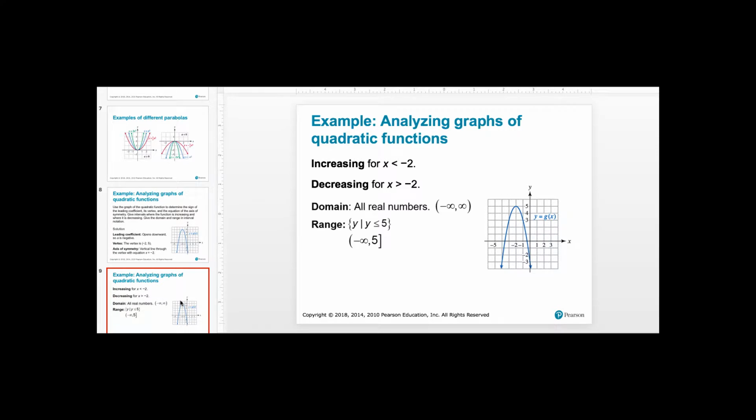I don't want you to necessarily get too caught up in increasing and decreasing because we didn't get into that really in chapter 2. But if you take note, increasing means that the slope between any 2 points that you're picking is positive, and decreasing means the slope between any 2 points that you pick is negative. So if you pick any 2 points where the x is less than negative 2, so that's to the left-hand side of the axis of symmetry, if you pick any 2 x's to the left of this line, you'll get